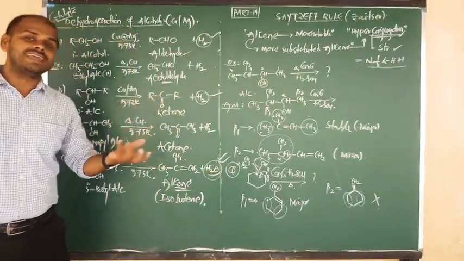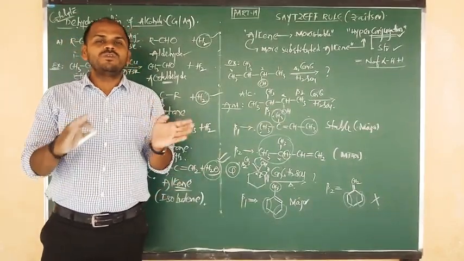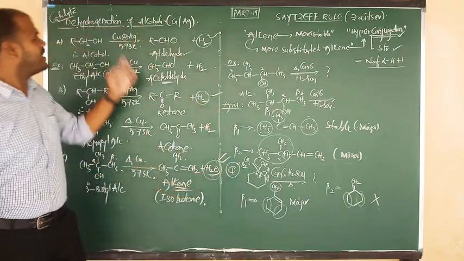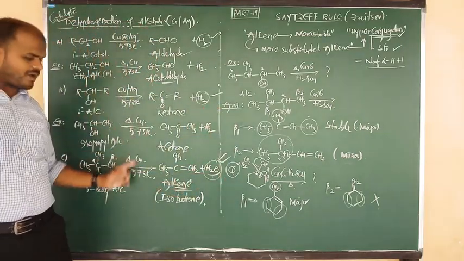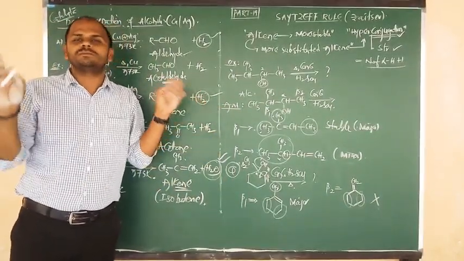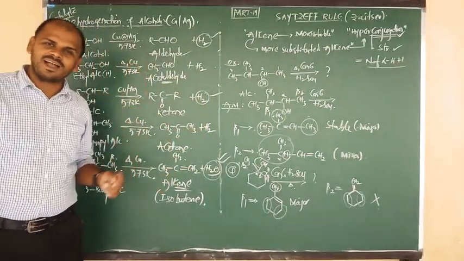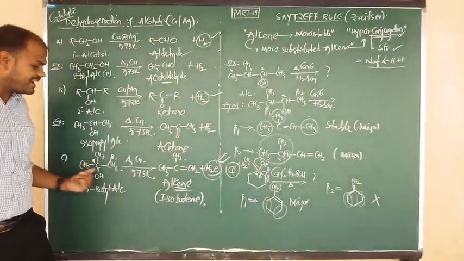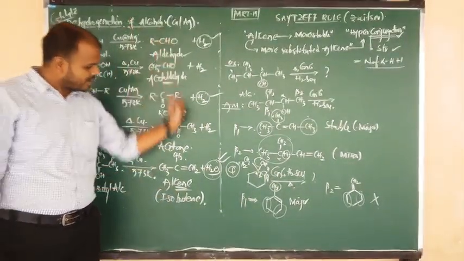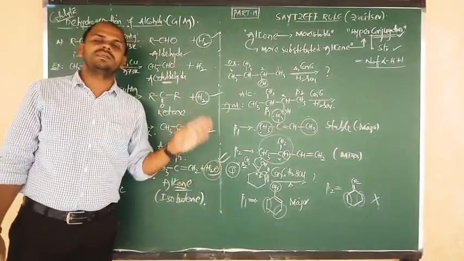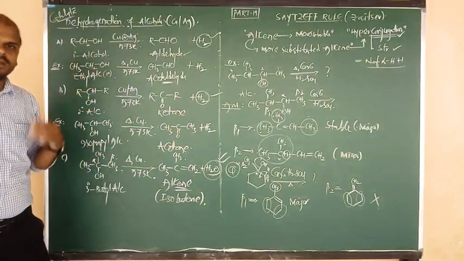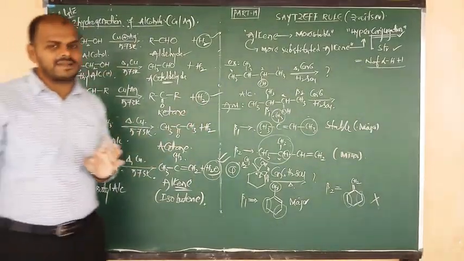Isobutene. Like Lucas reagent. What is the use of Lucas reagent? It is useful to distinguish primary, secondary and tertiary alcohols. Again same thing, by using this method, upon heating with copper and silver, we can also distinguish various types of alcohols, because primary gives aldehydes, secondary gives ketones and tertiary gives alkenes. So 3 different alcohols upon heating with copper or silver will give 3 different products. On the basis of the 3 different products we can confirm whether the given alcohol is primary, secondary or tertiary. I hope you understand this clearly.